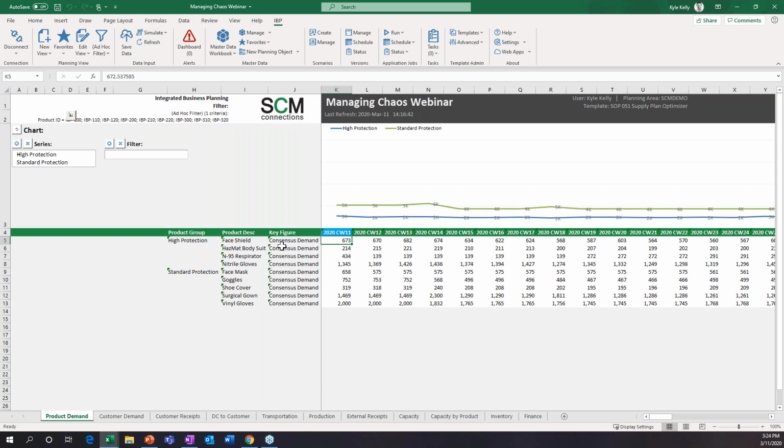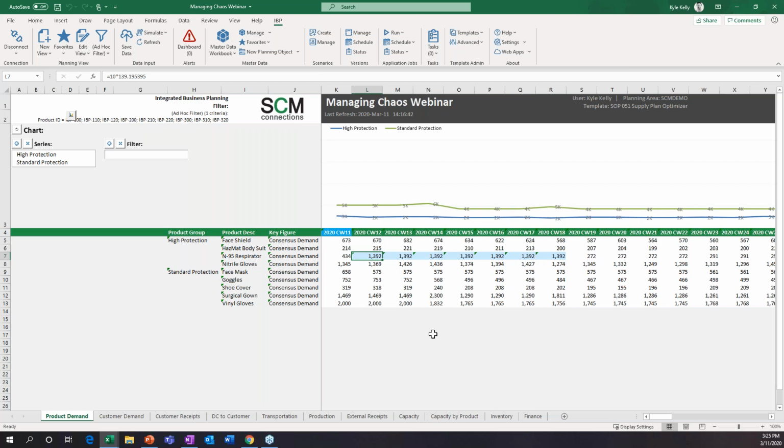So in this case, we were talking about what would happen if, for example, the N95 respirator all of a sudden saw a huge increase in demand, and what's going to happen if that's in the short term. So with IBP, it's pretty easy to start playing around with some of these figures. Because it is native Excel functionality, I can just say, well, what happens if I get 10 times the demand on that day? Now, again, native Excel functionality, I can drag this out over the horizon.